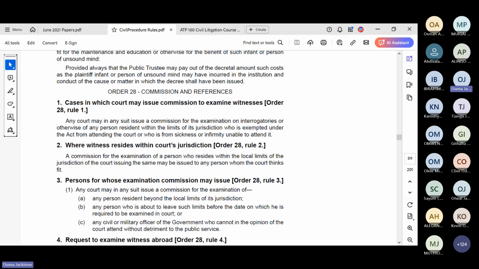And then in your grounds, you will tell us why person XYZ should be examined, okay? For instance, that person XYZ is sick and currently admitted at the hospital and cannot walk, or is in the ICU and cannot walk to court, or is a child that is in school, or there is COVID lockdown, so you can't go to Mombasa.